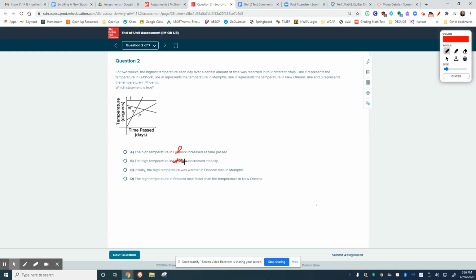The initial high temperature was warmer in Phoenix, line P, than Memphis, line M. So you want to compare line P to line M. And then the high temperature in Phoenix, P, rose faster than the temperature in New Orleans, N. Pick whichever one is the true statement, and then you'll be on your way with that one. Number 3,